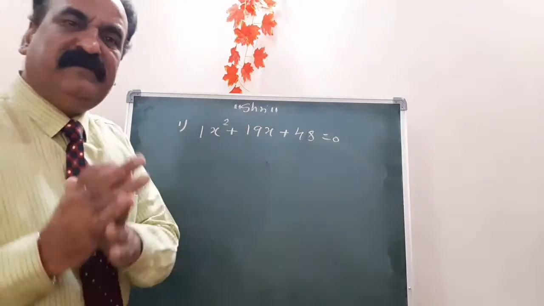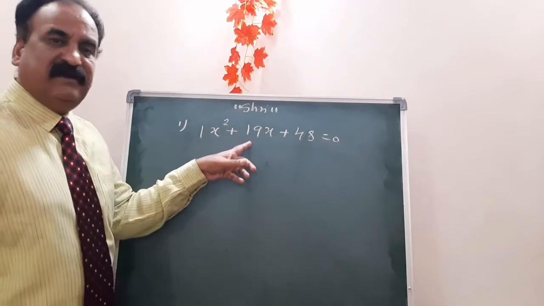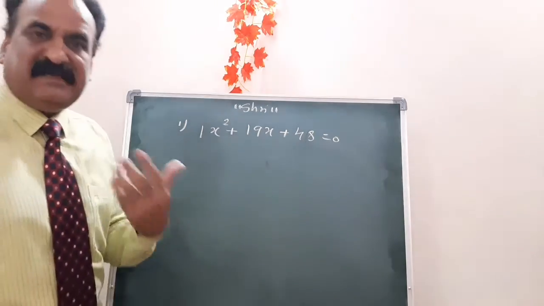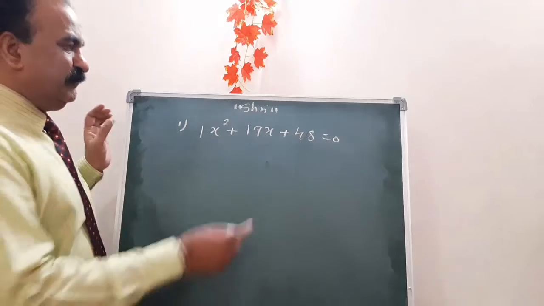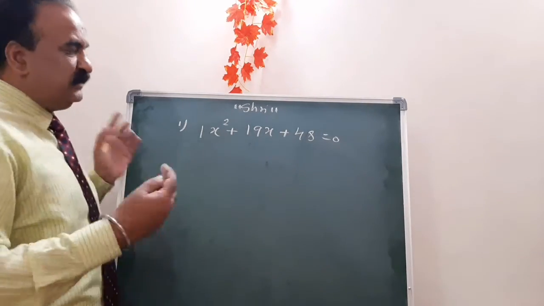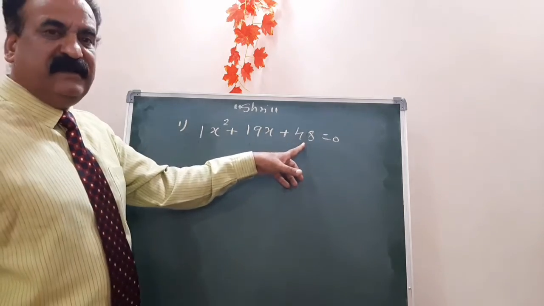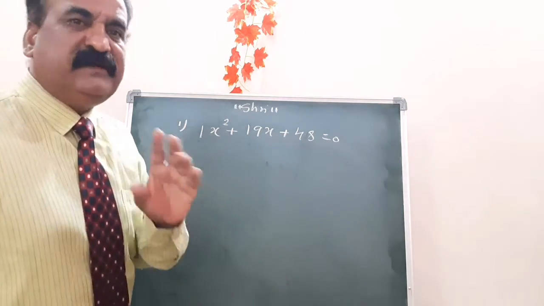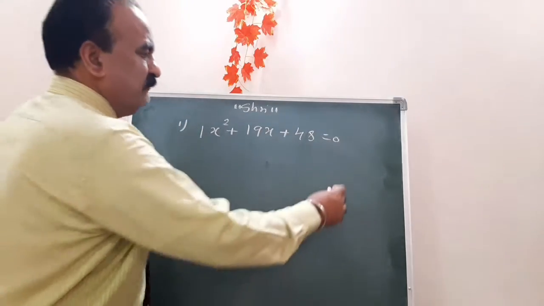But 12 plus 4 is 16, which you don't want here. You want here 19. Then one more pair is there: 8 6s are 48. But 8 plus 6 is 14, which you don't want here. You want 19. Now see another number. 48 is there. How will you find the numbers? I am just telling you, even if you don't know the tables, how to find the numbers.